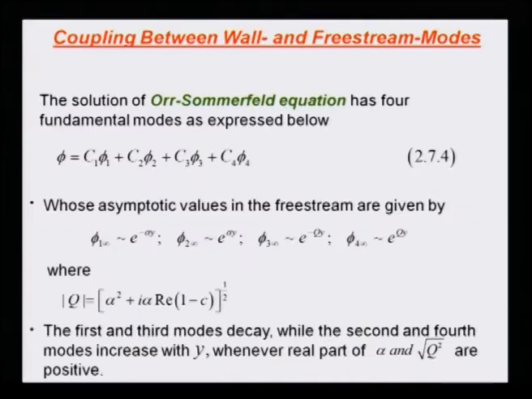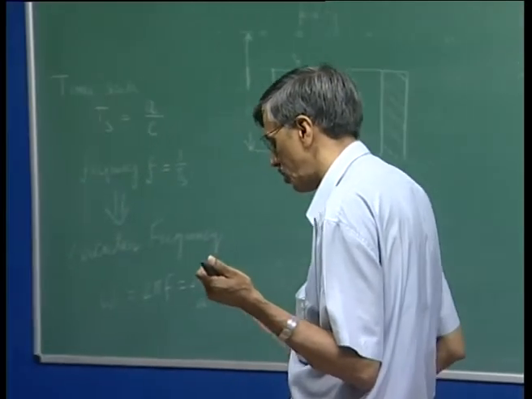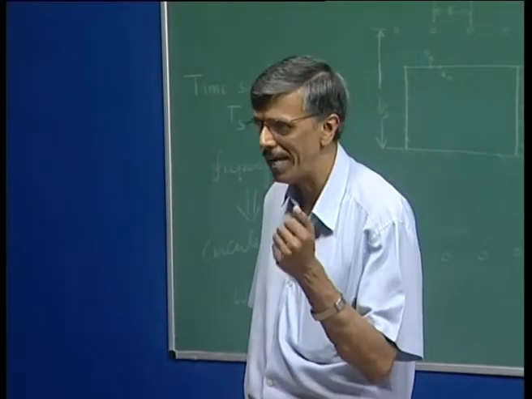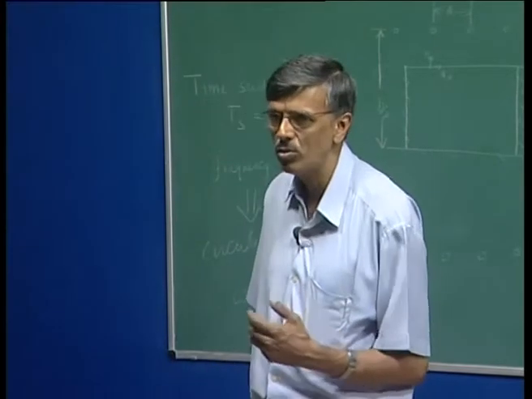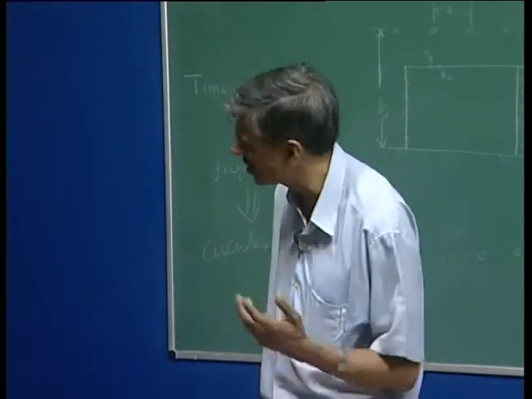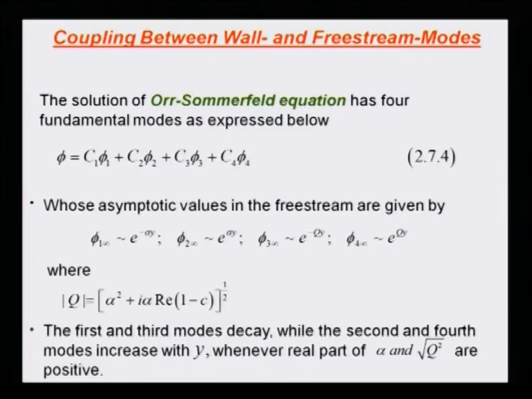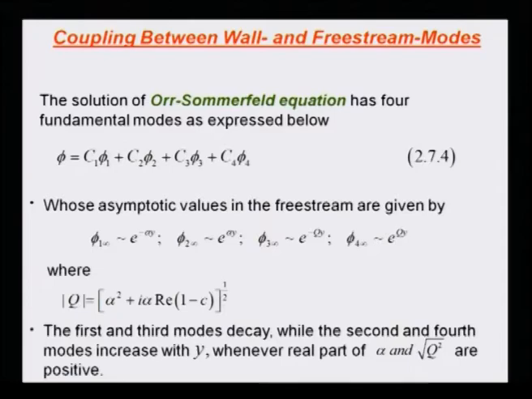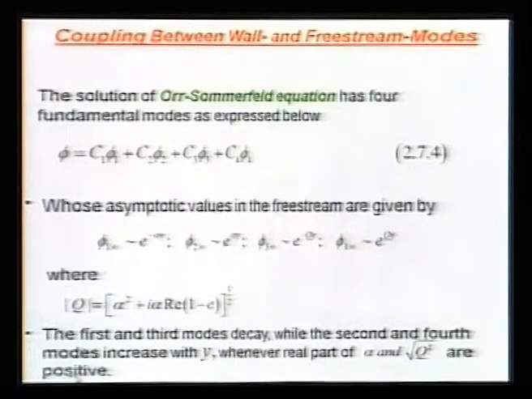And we have talked about eigenvalues and the receptivity problem for both the wall modes, the modes that decay with height, and the free stream modes that grow with height. How are these two sets of modes linked together? This is something worth investigating. Let's see what happens. If I look at the Orr-Sommerfeld equation and the problem that we just now looked at, if we also create some kind of a wall exciter, then we would retain all the 4 modes, right?